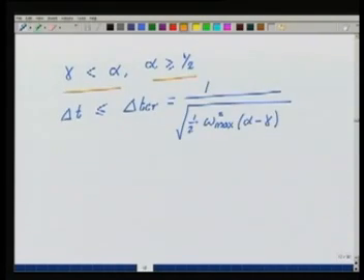Then in that case, again as we had in the case of the parabolic problem, here in the hyperbolic problem we have a critical time step size such that delta t has to be less than or equal to delta t critical. And what defines the delta t critical? It is the natural frequency of the system that we have, that is, if I solve this problem,